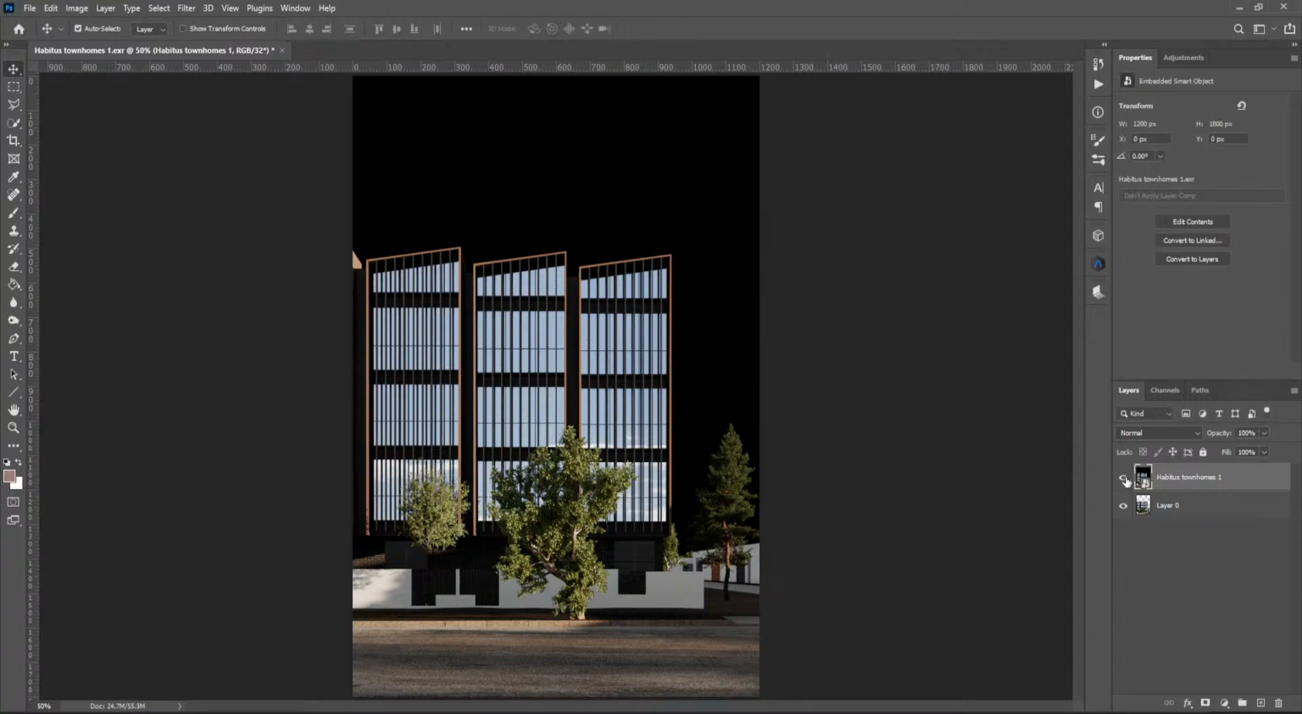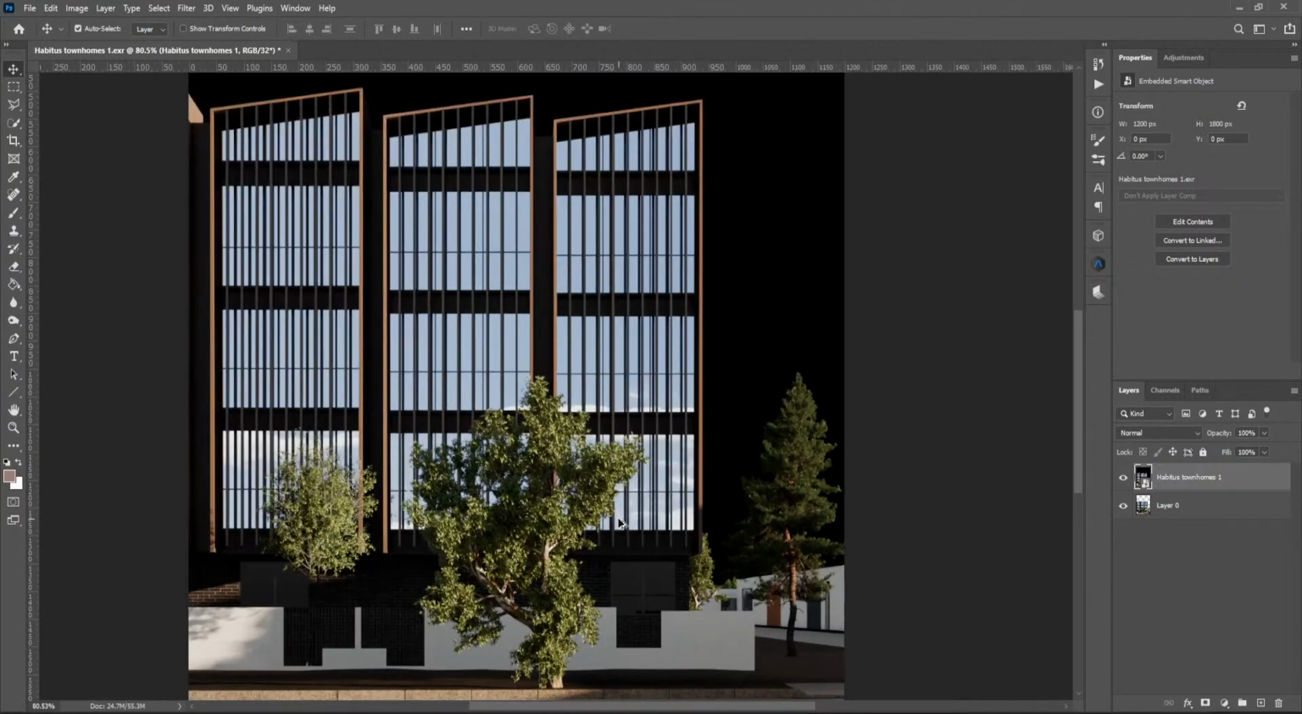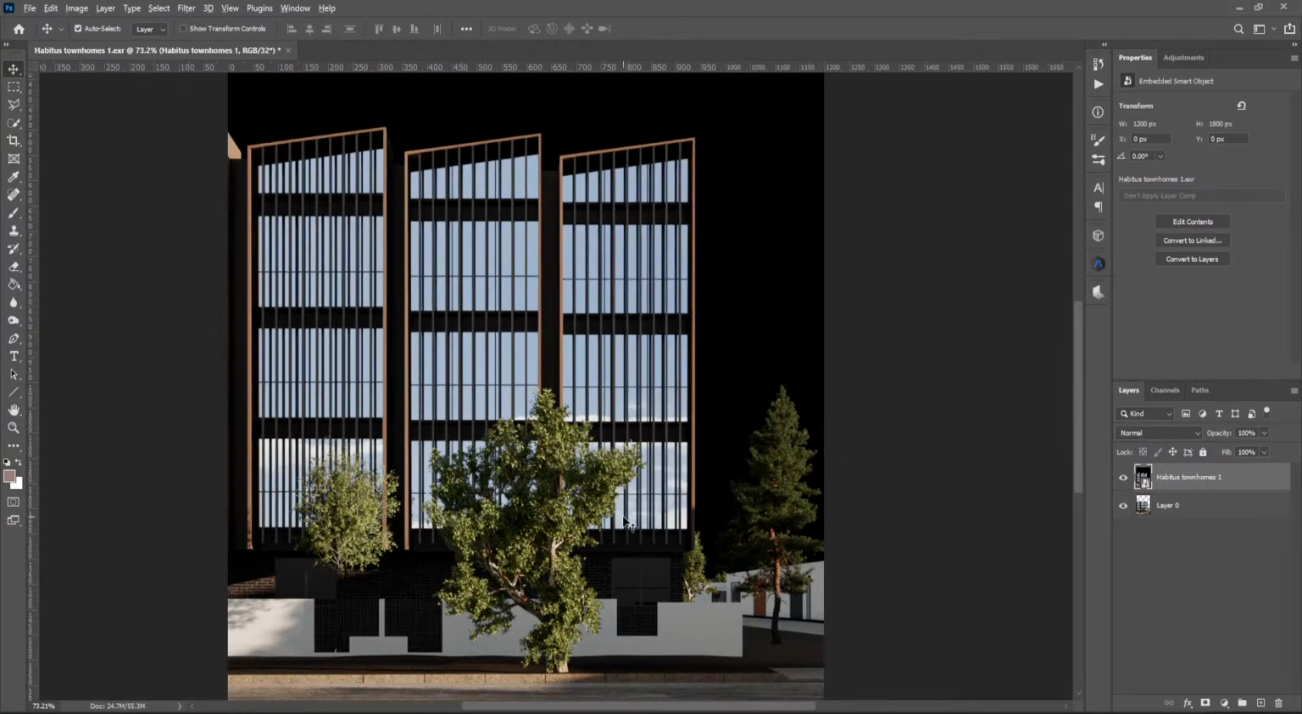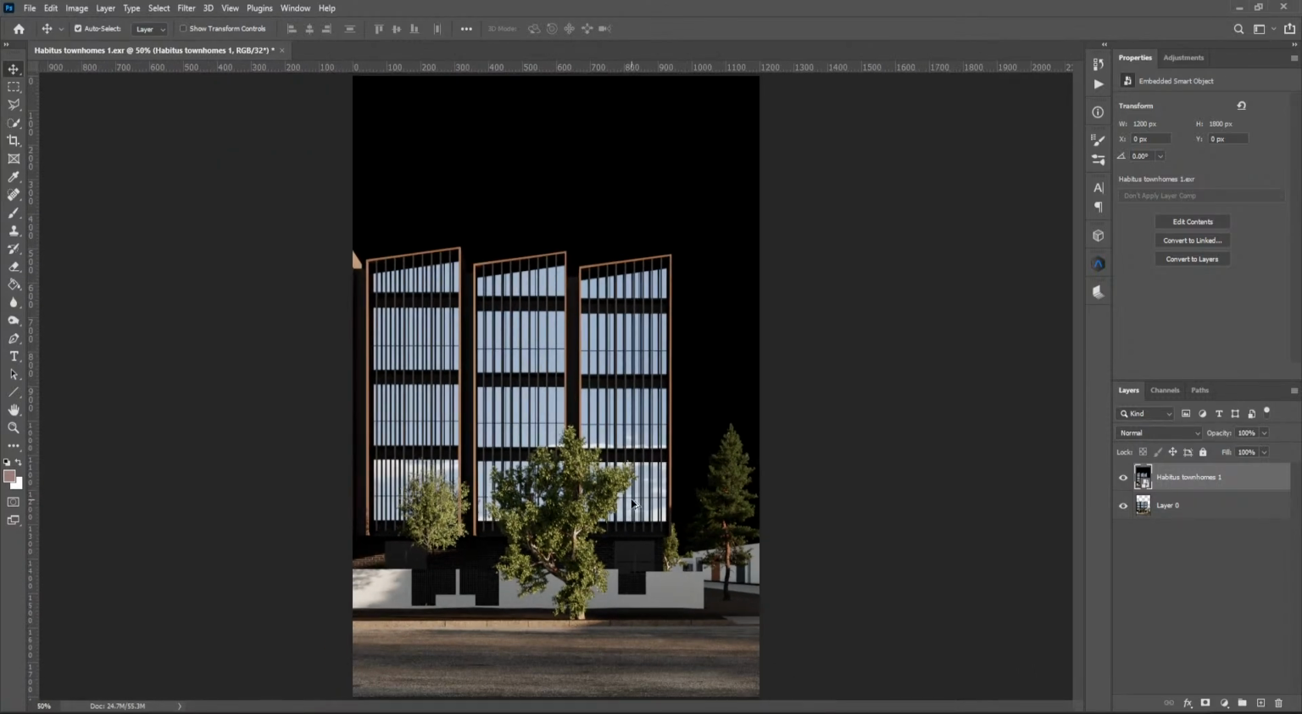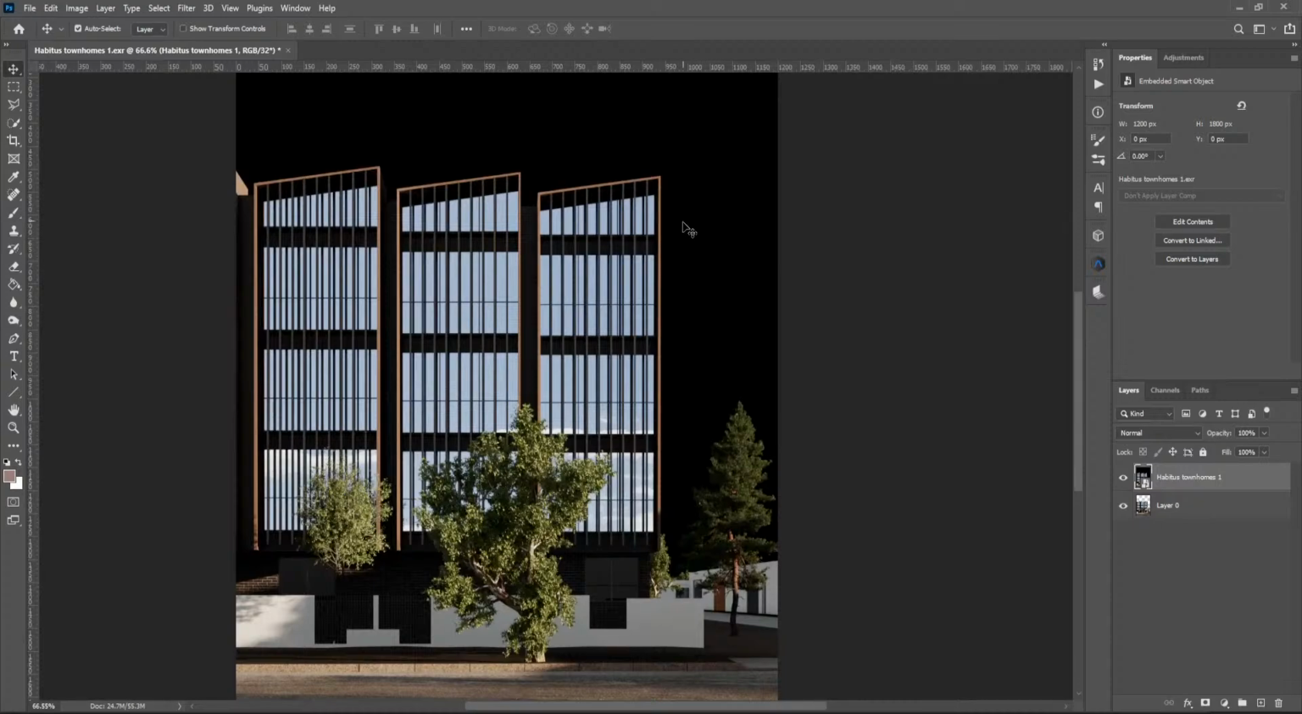Okay, so this was how I rendered the image out from Corona, right? This is the raw rendered image. As you can see, we pretty much have most of the things we need there. Now, the reason why I rendered it out with a black background is because